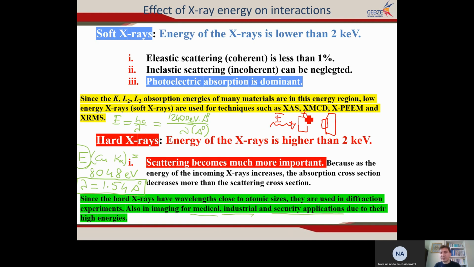This material is thick and it has a certain mu absorption coefficient, okay? If the energy is high enough, these X-rays can penetrate deep into this material and pass through it and reach the detector. If the energy is less, then they are absorbed here, scattered here, and then we have nothing after the